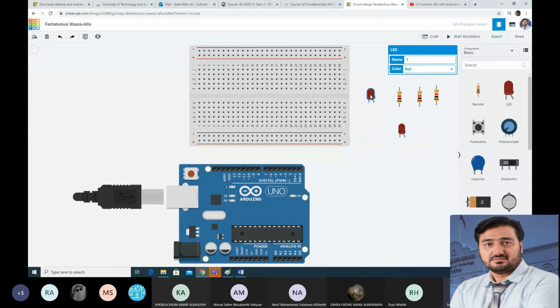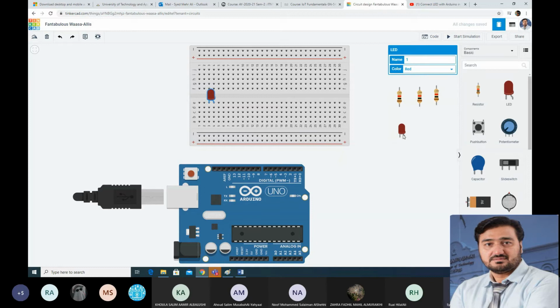So you need to connect these LEDs, suppose here. This is the cathode and this is the anode. The cathode is negative, so you need to connect it with the ground, and the anode you can connect with the positive.